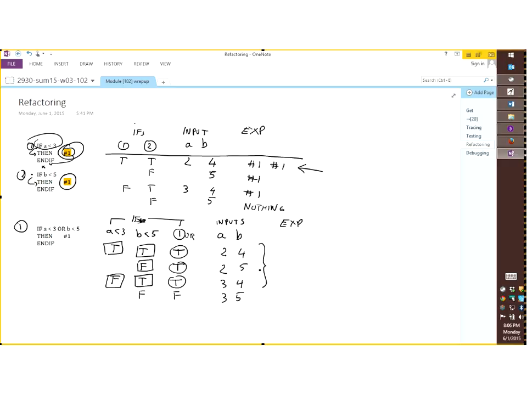I'm going to branch into the then part of my if statement. So that means executing number 1. And then there is this 1 here where both are false. So false or false is false. And this is going to give me nothing. And then I compare the 2 tables. If I compare line per line, this checks out, same thing, and this is the problem.